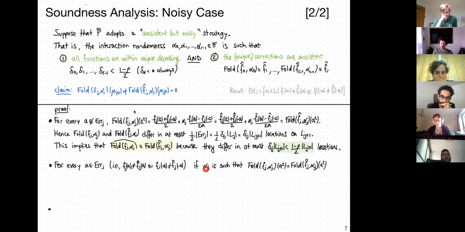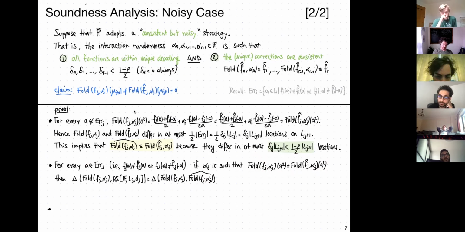Suppose that this alpha J still leads to the folding being equal at this point. I mean, suppose that we have an element which leads to an error, but somehow, by seeming magic, the folding would still agree. And we'll argue that this is impossible. And why is that impossible? Because the distance of the folded function from the code is exactly the distance of the folded function from